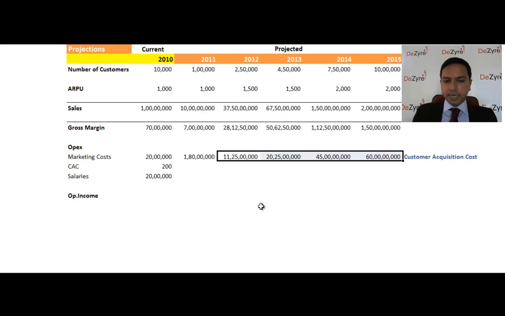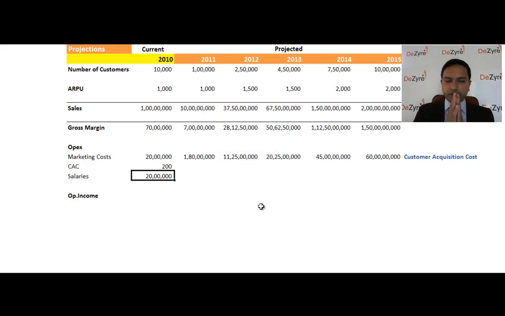Salaries, very similarly. I'll show you what a real salary plan and hiring plan look like. But roughly for the second year, you will say, this year I had 10 people and 20 lakhs in expenses. This year I'm going to have 20 people, so I'm going to have double these expenses in salaries. But going forward, typically you would have your own hiring plan,